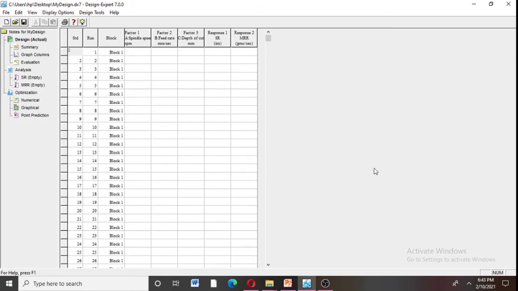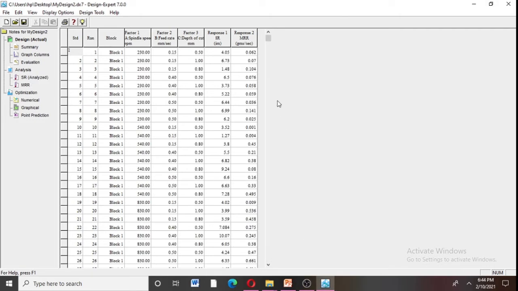After that, the software suggests 27 experiments, because previously I gave the historical data. There I entered the row value as 27, so it produces a 27 data input requirement. Here you see it suggests 27 data entries. You enter the collected experimental values in this table, which is the first step of the Design Expert software. Let's see the other steps.